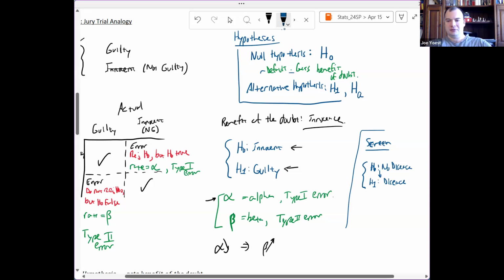Because the cost of saying that your screen came back positive is usually just something like maybe an extra test, maybe it's a little bit more expensive, maybe it's a little more annoying or invasive. Maybe there's a couple of weeks of slight stress between when you get the positive screen and the negative follow-up test result. But compared to the cost of